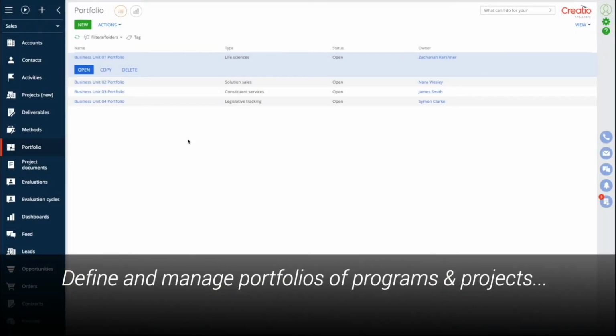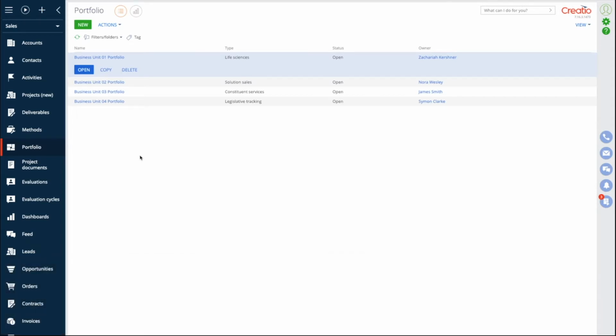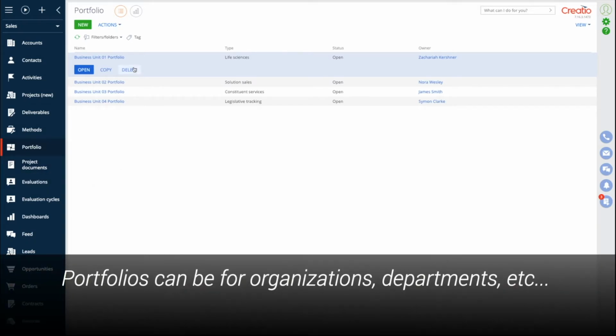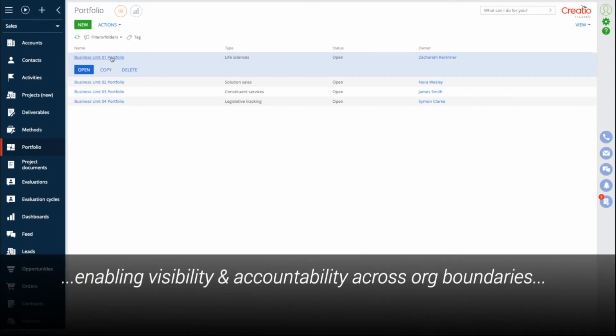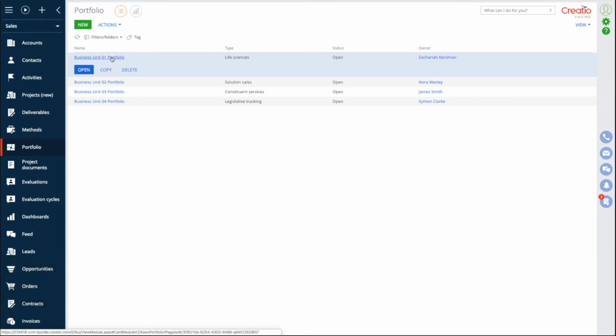The starting point is portfolios of the projects that are going to be managed by our teams. The portfolios might be different divisions or units within an organization. It could be different organizations themselves. For example, a VC or PE firm and its portfolio of companies with their own portfolios of projects.